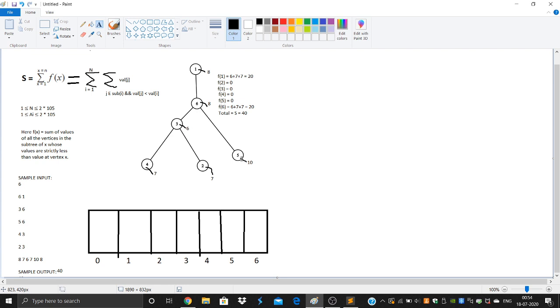Okay. So how do we approach this question? First of all, it's something related to subtrees. So you could wonder, let's approach this question using dynamic programming on trees or something like that. But we can't use DP for this question because let's say we want the value of vertex 6, and we try to get the value of f of 6 from, let's say, 3 and 5.